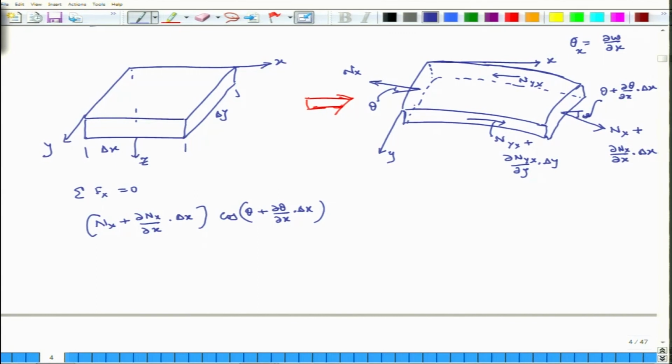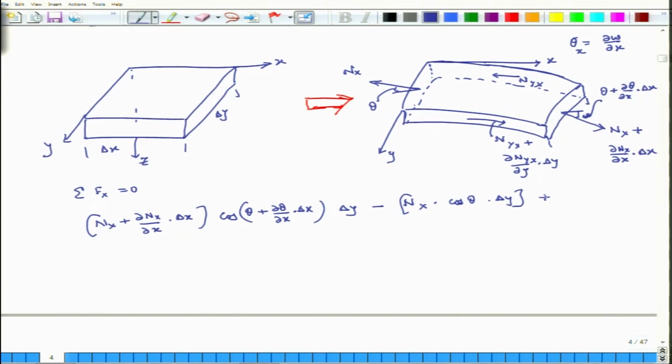And nx is force per unit length. So, the overall length on which nx is being applied is delta y. So, this is delta y, and then on the other face I have nx times cosine theta times delta y, okay,